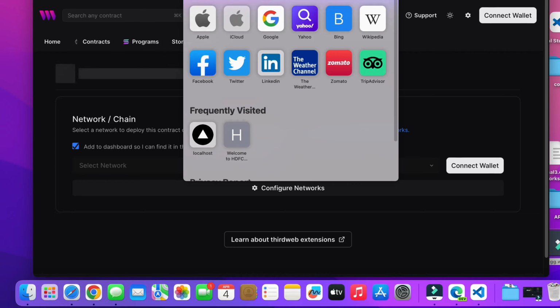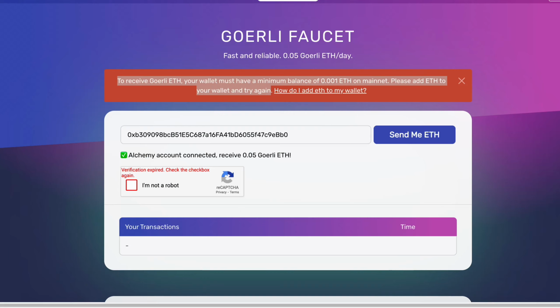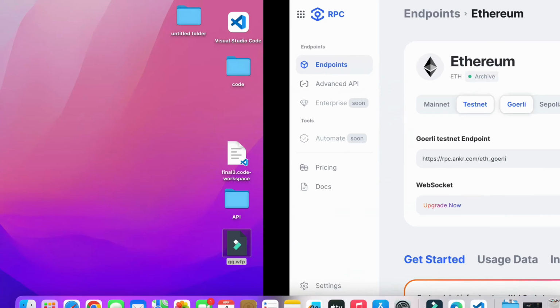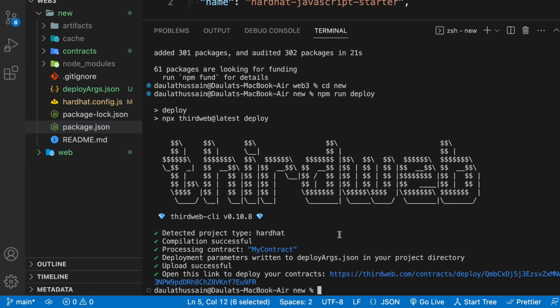So what I will do, I'll simply copy that one. I'm going to cut this, and I'm going to open it in my Chrome browser. So I'll simply come here. Before I do that, let's come here in my Visual Studio Code, and you can see that our contract is successfully deployed, and this is the URL we have got. So you can simply copy that one,